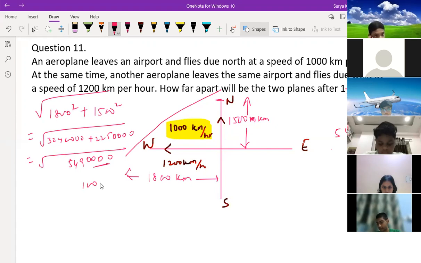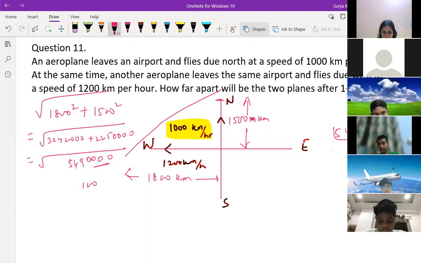Then what is 549? 549 is nothing but, which table will this go by? It will go by 3. 3 ones are 3, 3 fours are 12, 3 threes are 9. Again it will go by 3, giving 61. Then it won't go further, right? So 549 is 9 into 61. In root, 9 gives 3, so 3 root 100 and here root 61 will come. So 300 root 61 kilometers. Is it clear? See others, same answer only.